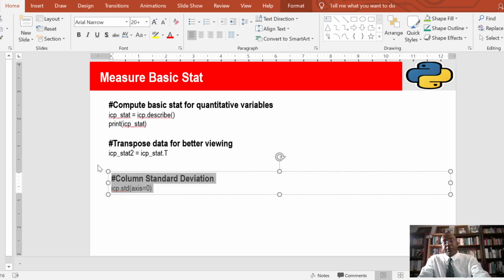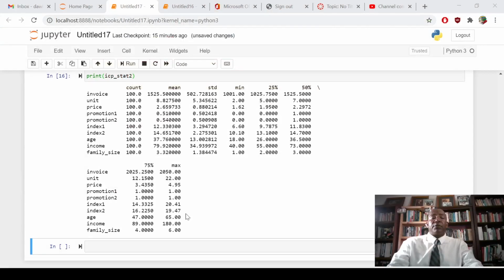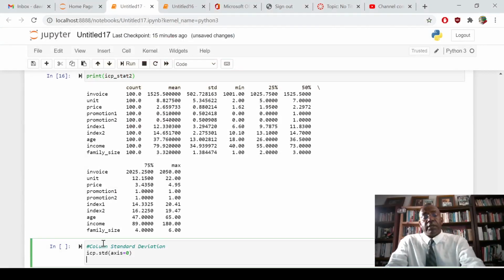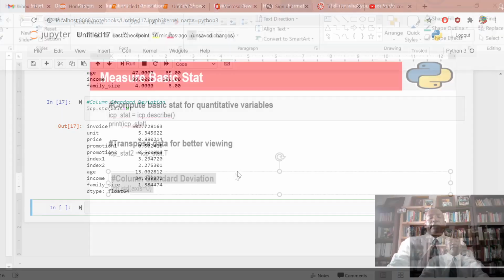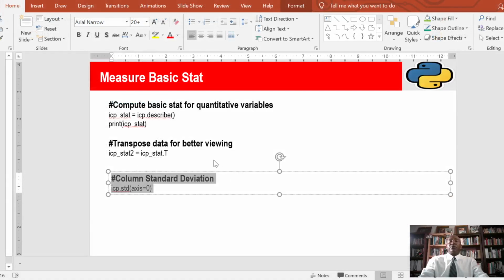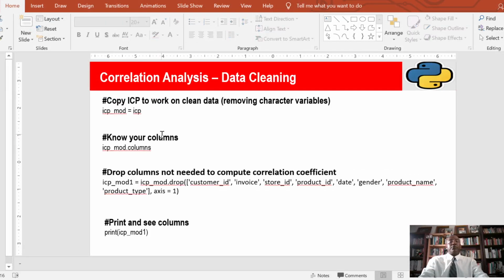So if you are also interested in looking quickly at the standard deviation of a particular column, you can do that, but I think describe is much more powerful because you have got the standard deviation computed in there as well. So you can also go to the next one and see what you can get in order to compute